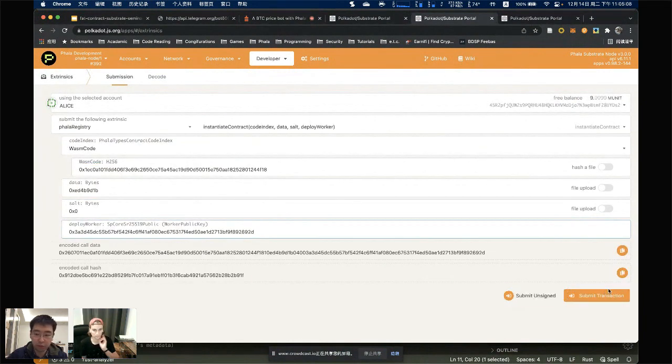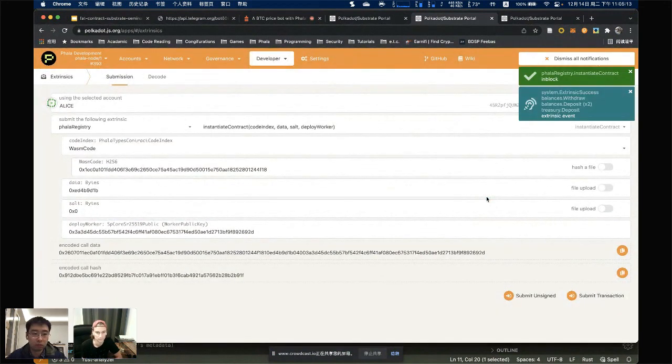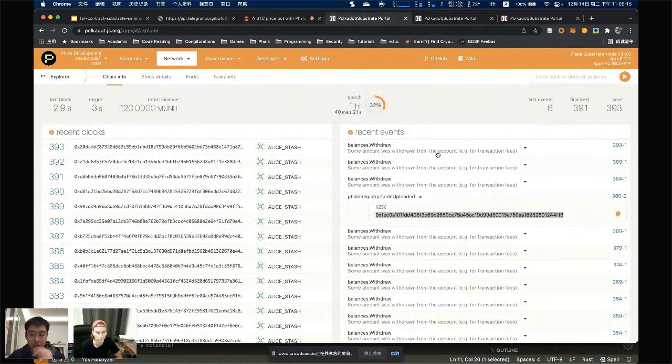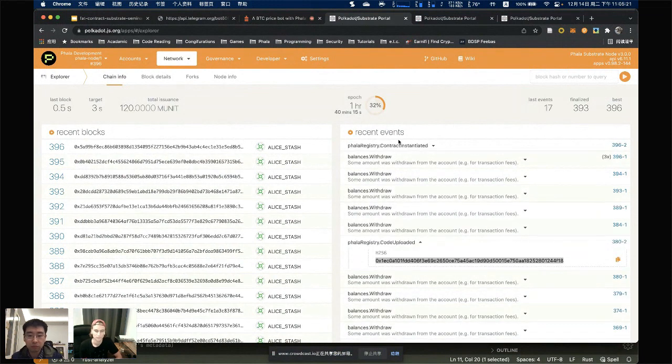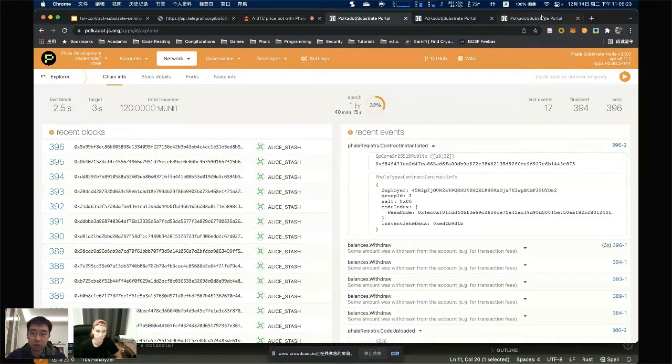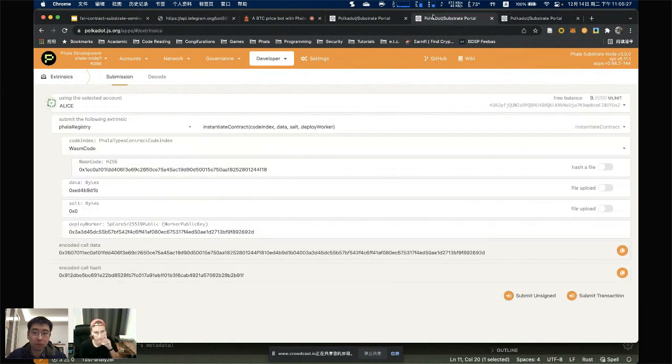Yes, we still deploy it to the same worker. Wait a second for the instantiation. Okay. Which account ID did you set it to? I use Alice to do the instantiation. So I will show that